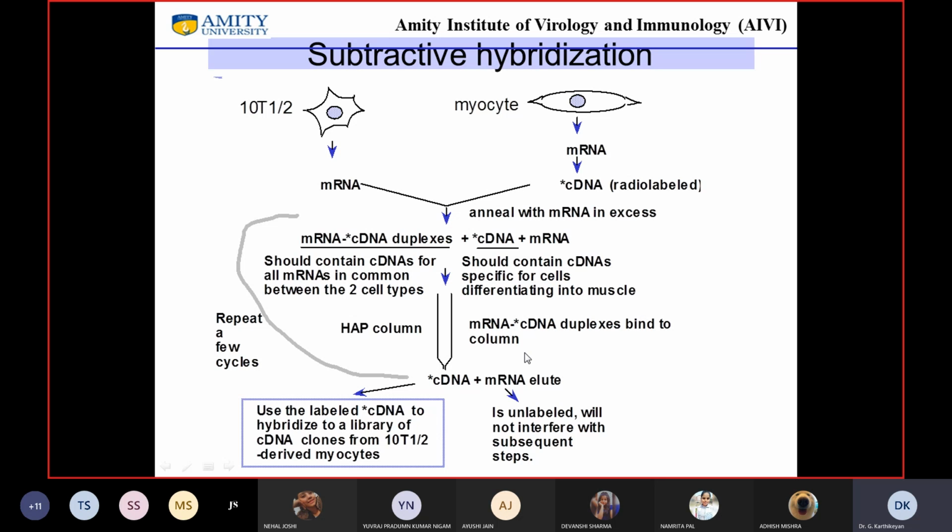Now, after you do this, you can elute out the mixture of messenger RNA-cDNA duplex. And then you can sequence, or you can hybridize, or use a variety of techniques to find out what messenger RNAs are expressed in the myocyte compared to this parental cell line.